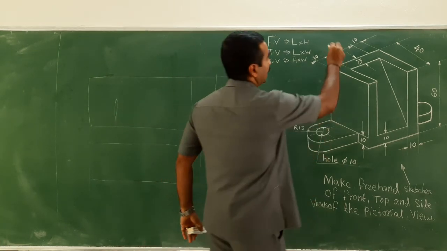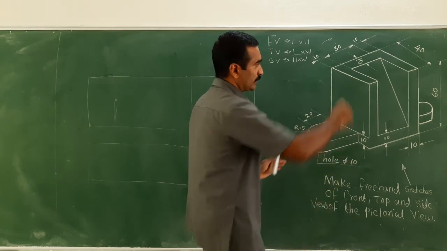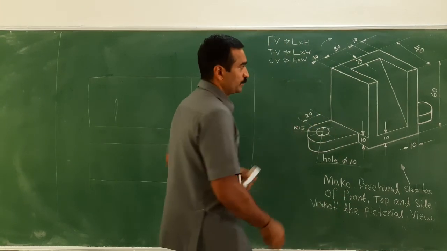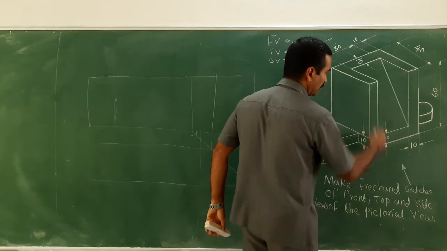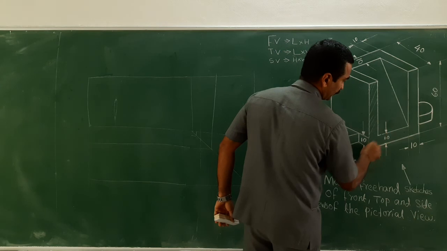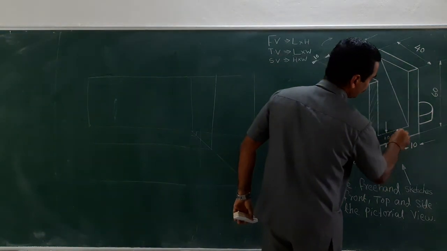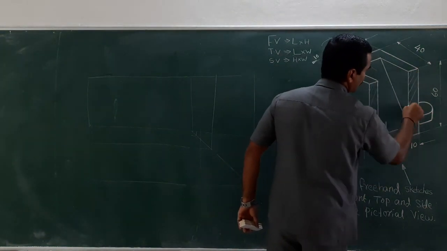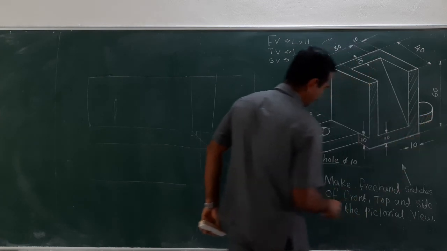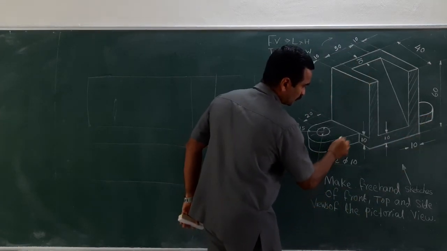That means I need to rotate in this manner so that this particular object would be perpendicular to me. So when I look at from here, this portion would be visible, right? And this portion would be visible, and this portion would be visible. Similarly, this portion also visible,